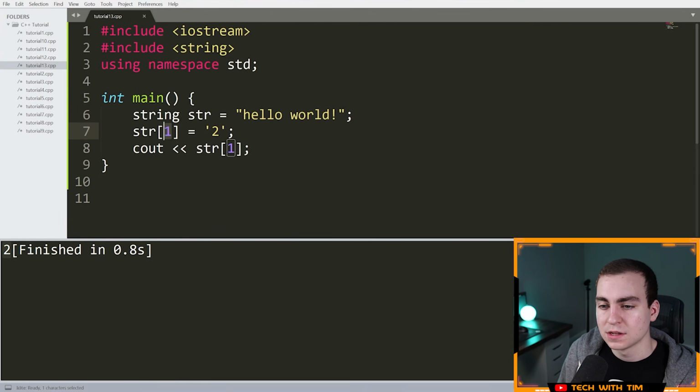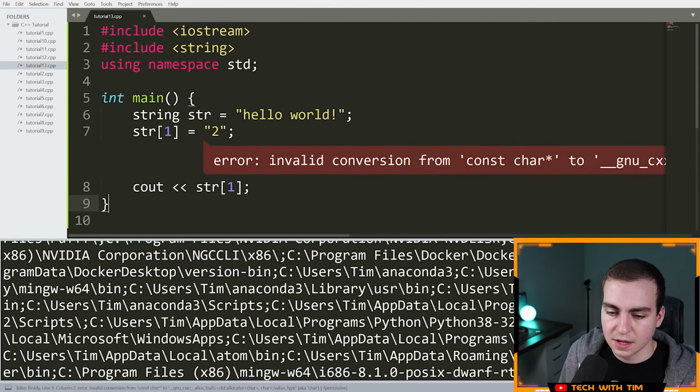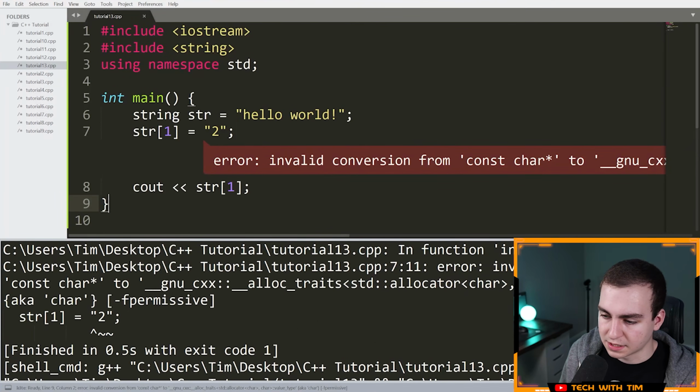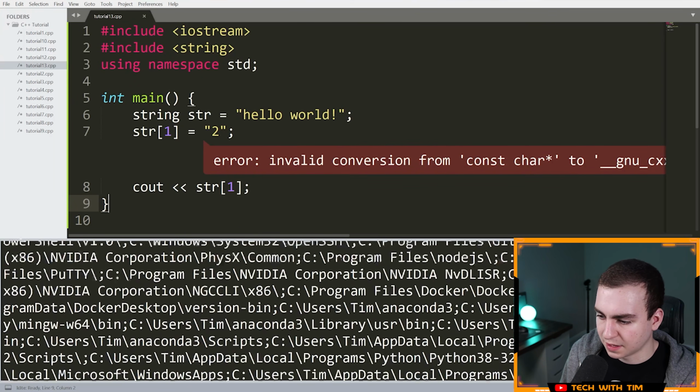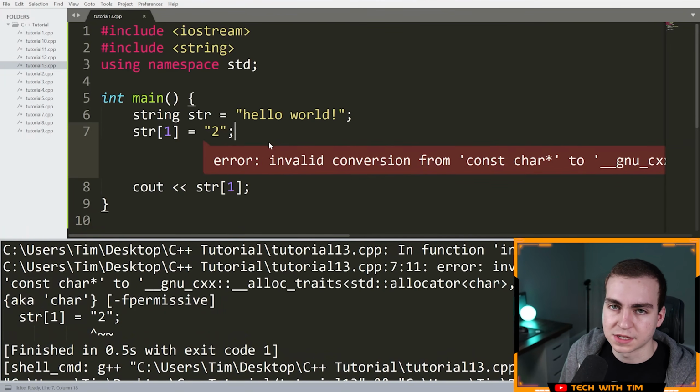I assigned str at index 1 to the character 2, and the reason I used the single quotes is to signify it's a character rather than a string. Let's actually see what happens if I try to convert it to a string. This may work, but let's just see. Actually, we get a problem, right? It says, what is it? Invalid conversion from const char to value type of string or something. Okay, so kind of a cryptic error message, but regardless,